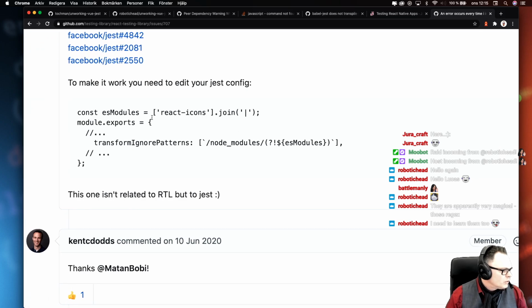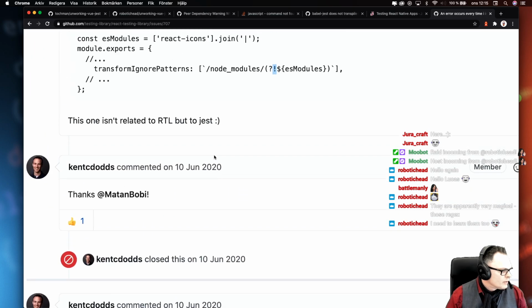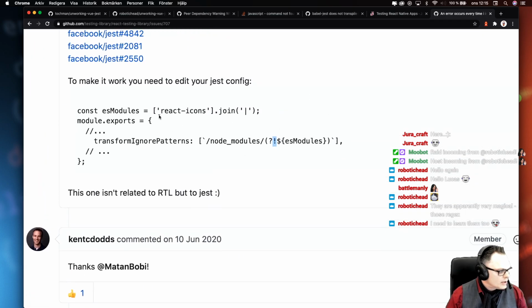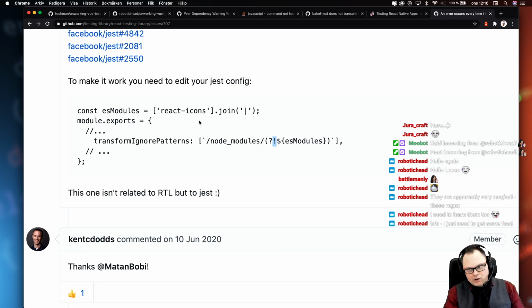So what people are saying is that you need to edit your config. Yeah, so you have to ignore that thing, right? This is done in a config file and not directly in package.json. So you can set up your Jest configuration in package.json, but you can also have a Jest config.js or